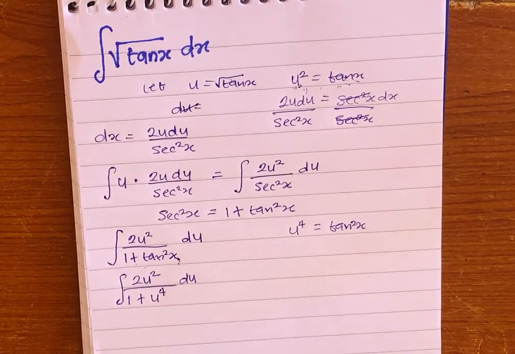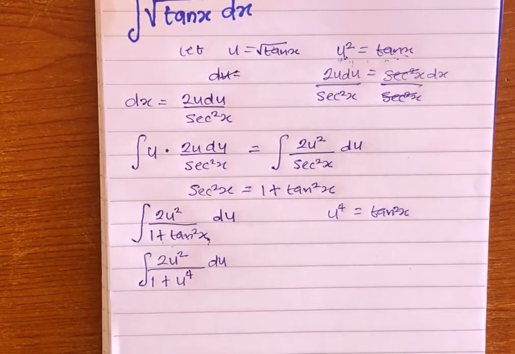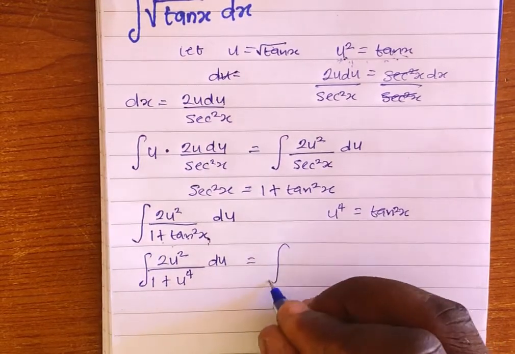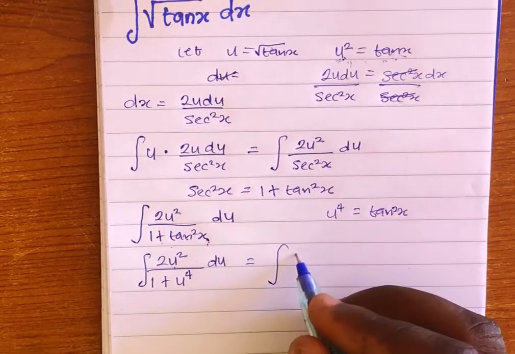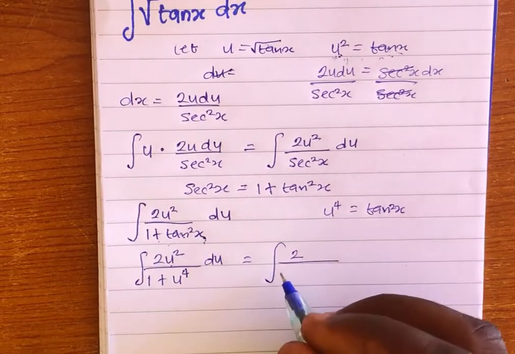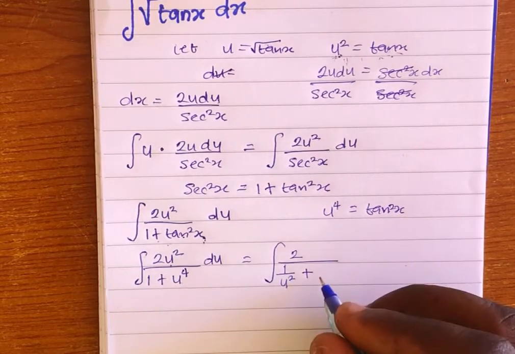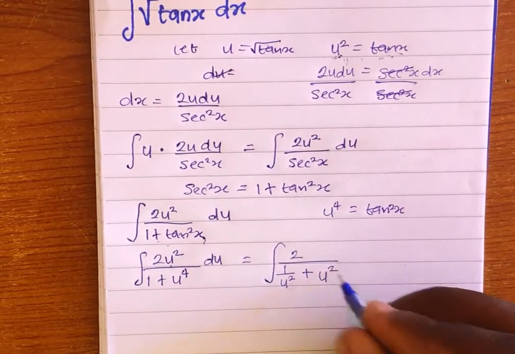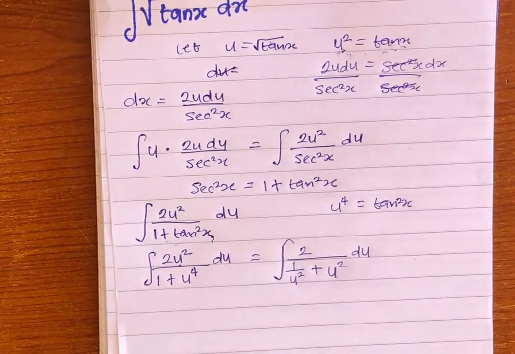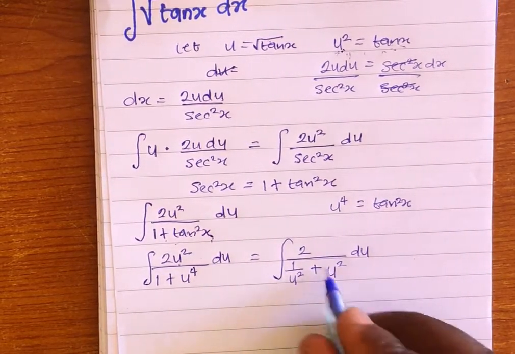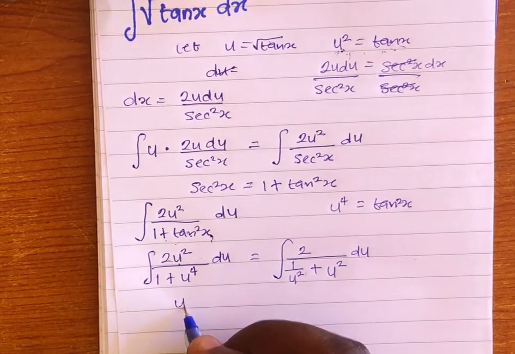So what other thing can I do here? I cannot use u sub again. Let me choose to divide all through by u squared. Dividing by u squared, we have 2 divided by 1 over u squared plus, this one will reduce by 2, that will be u raised to power 2 du. Wow, perfect. But if you look at this very well, this particular algebraic expression is also the same thing as writing